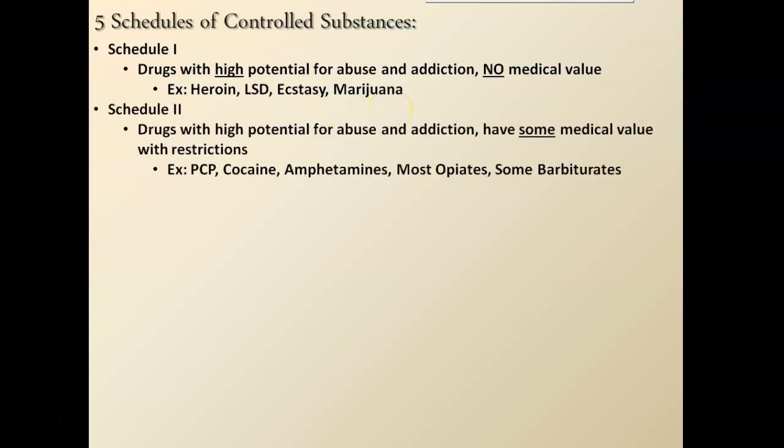The next schedule, okay, is Schedule number 2. This is still pretty severe charges, but not quite as bad as Schedule 1. So Schedule 2, these are going to be people who are charged with possessing, distributing, selling drugs with high potential for abuse and addiction. However, they do have some medical value with restrictions. So a lot of these are controlled substances: PCP, cocaine, amphetamines, some opiates like your prescribed narcotics, and some barbiturates, which is another class of drugs not many people have heard about. They are also typically prescribed by a doctor,